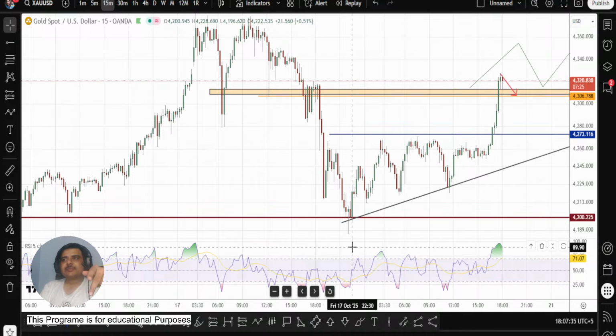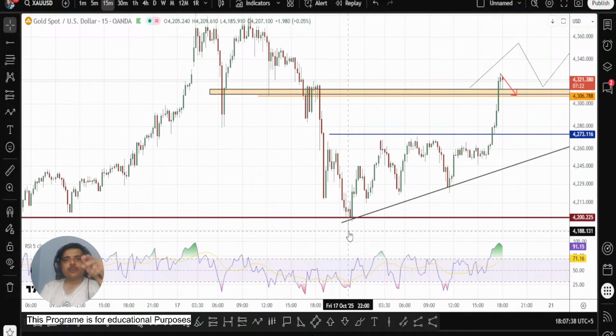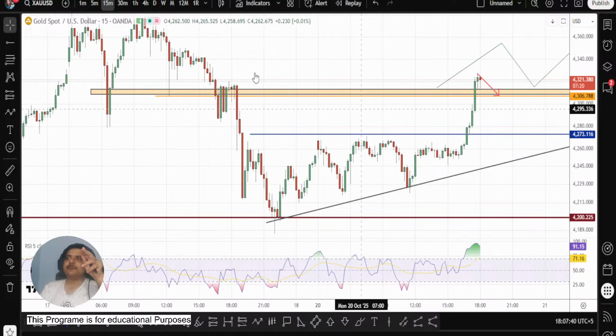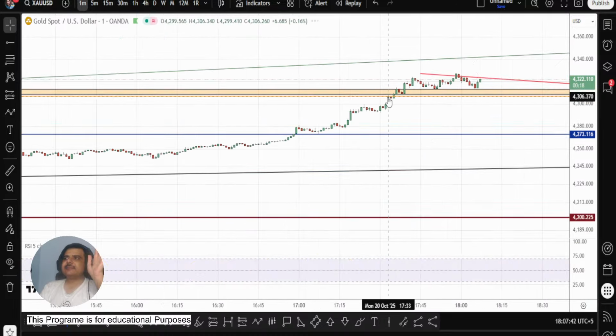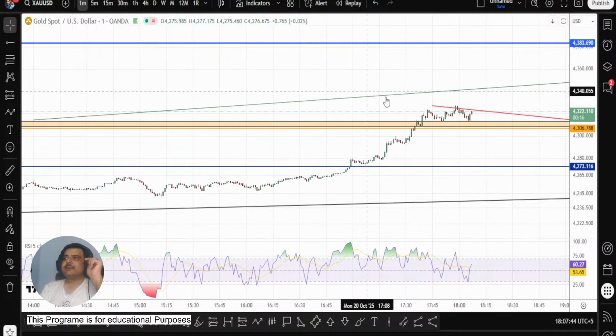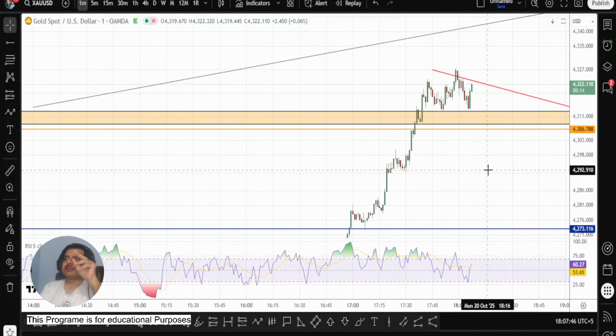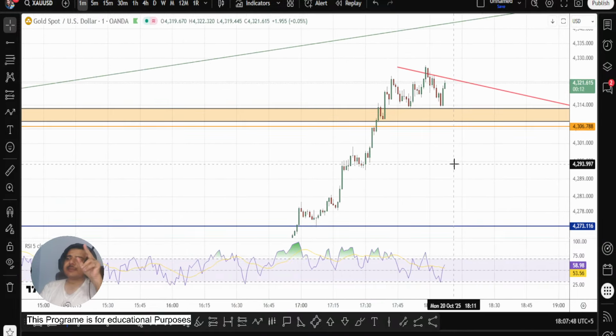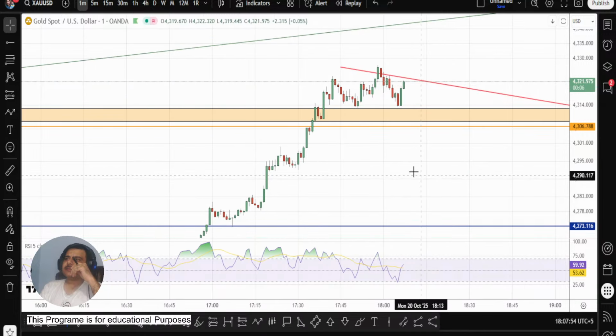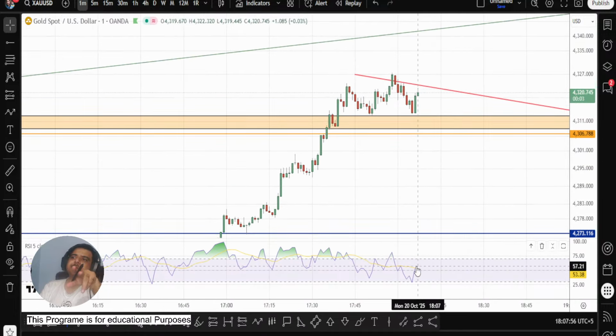Why? Because they know this is a strong level. Now let's see this. See that 1 minute trade opportunity, that is still running. Okay, that is still running. And there is plenty. Try to read the RSI along the way. Okay, when you are reading the markets, try to read the RSI numbers as well.